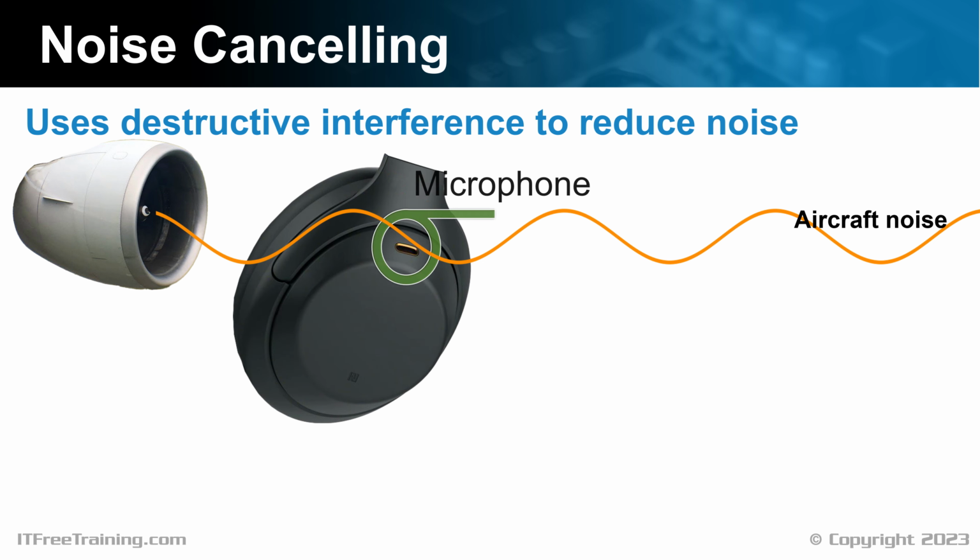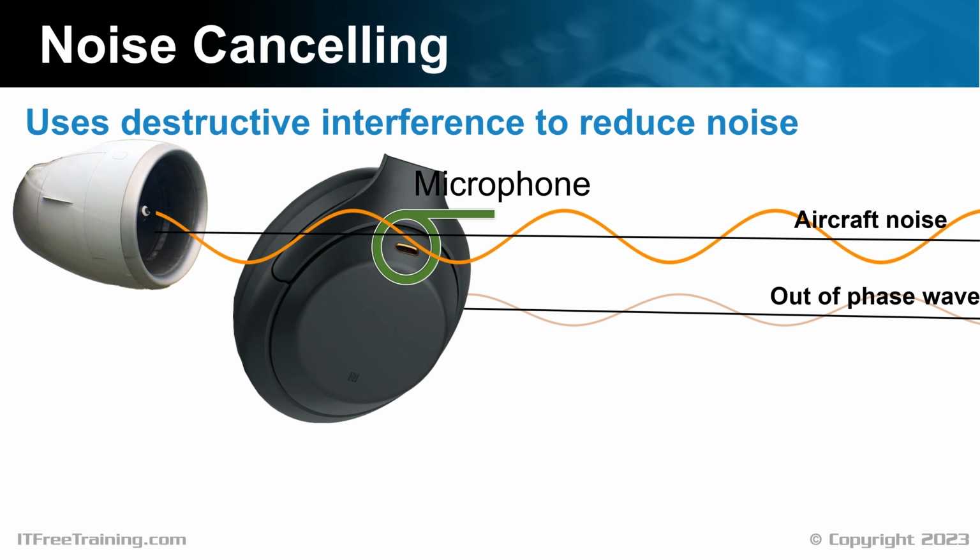Noise-canceling headphones work by having a small microphone in the headphones. This microphone records the background noise. The next step is to create an out-of-phase wave. This wave is the same as the background wave. However, when you compare it with the original wave, you'll notice that the wave is out of phase with the original, essentially a reverse of the original wave. When these waves are combined together, the result will be a weaker version of the original wave. Now when the sound is added, the background noise will be reduced.